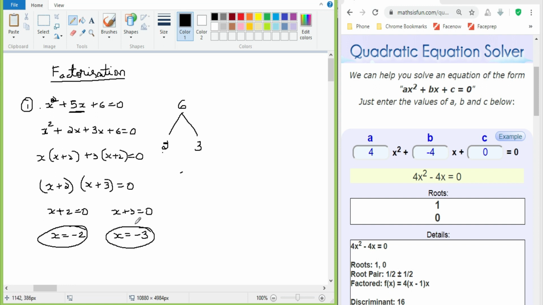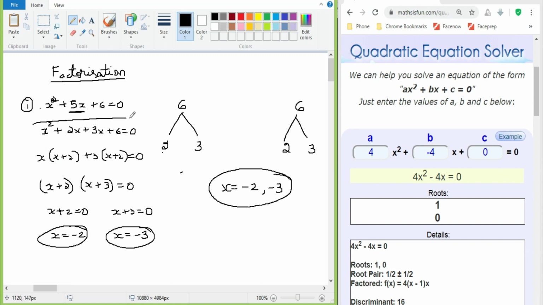So this is the general step we are going to follow, right? If you solve in the same way in the examination, it will take a long time for us, guys. It will be a time consuming technique. So what we are going to do is, once after taking this tree here, 2 comma 3, the x value will be the negative of this one: minus 2 comma minus 3. That's all, guys. No need to follow all those steps.